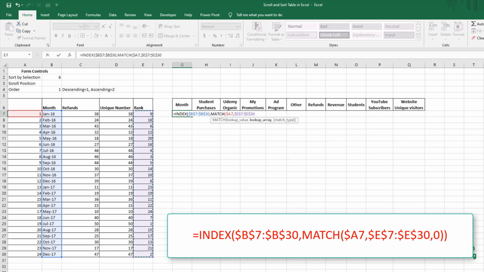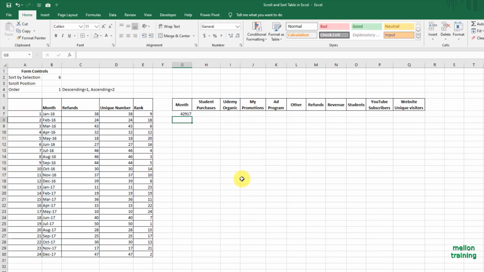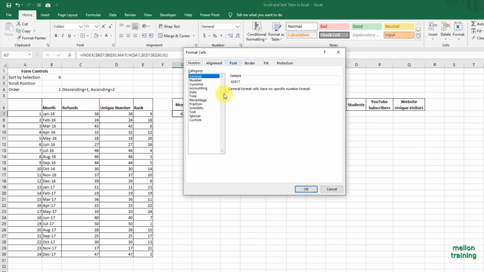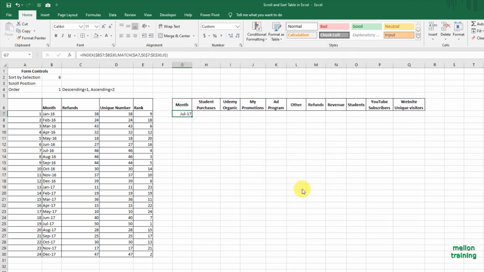Enter. Convert this cell to custom format and choose this date format. So this formula says find number 1 in this rank column and return me the name of the month.